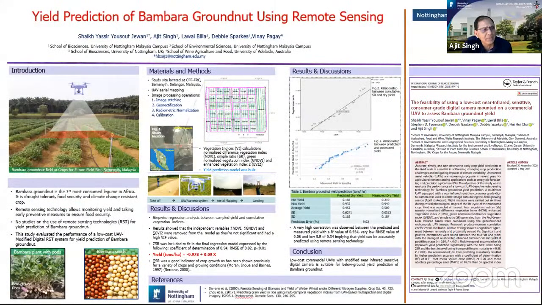We have another student that's working on remote sensing. They make use of simple drones. These are drones, and they take measurements, and still the measurements are NDVI and some other measurements. These are not very complex or expensive drones. Very simple drones they are using, and they are able to predict the yield of crop taking measurements on these